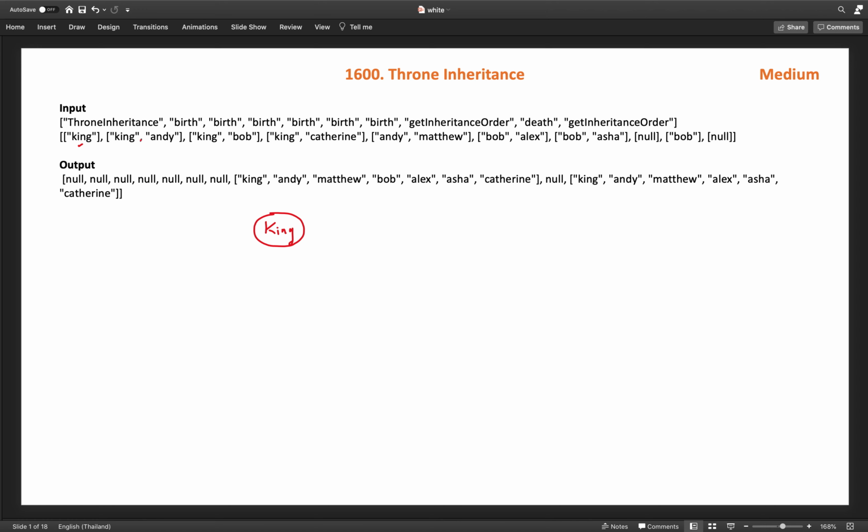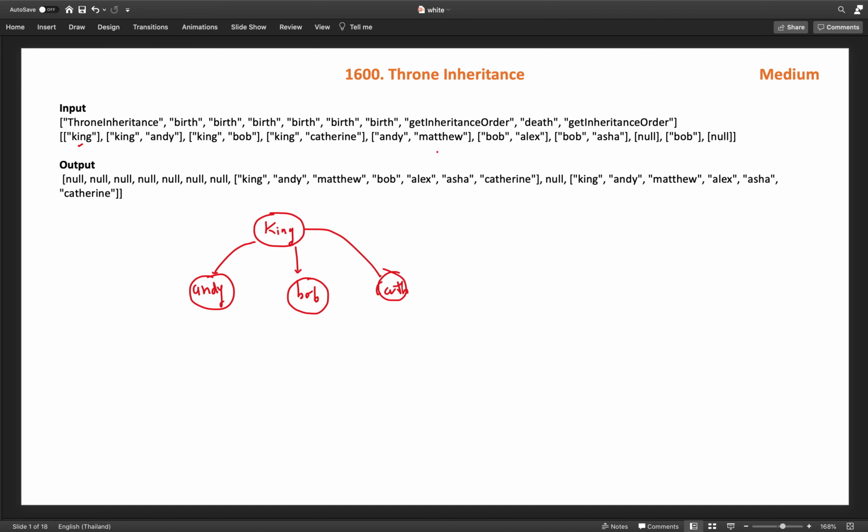Now king will give birth to Andy. So king will have a child Andy, and then king will have another child Bob, and after that king has another child, which is Catherine, let's say as a shortcut.